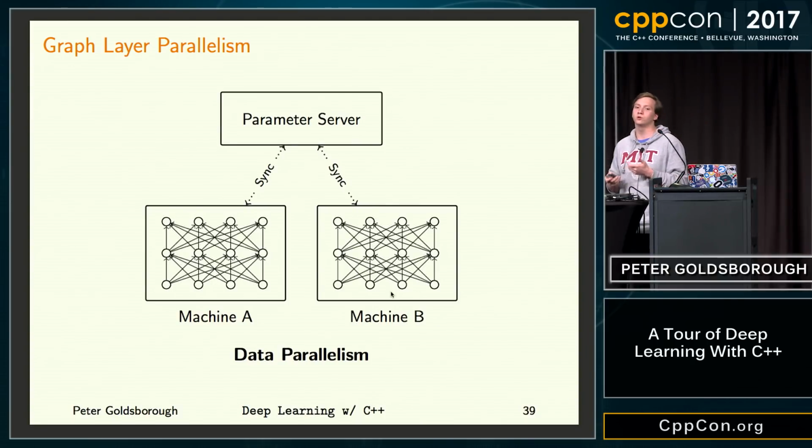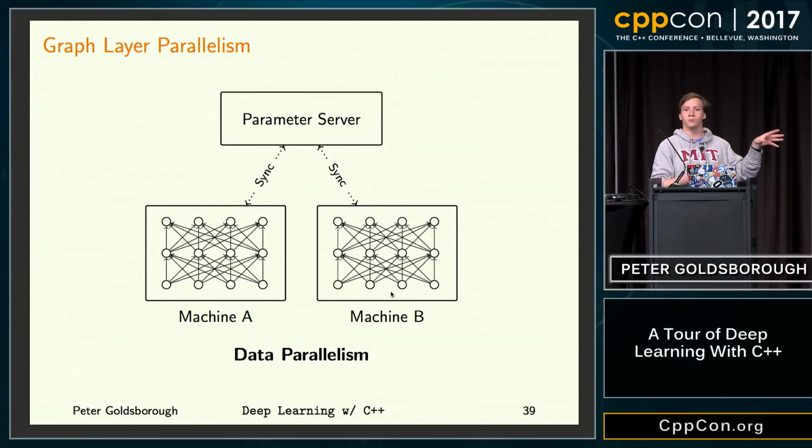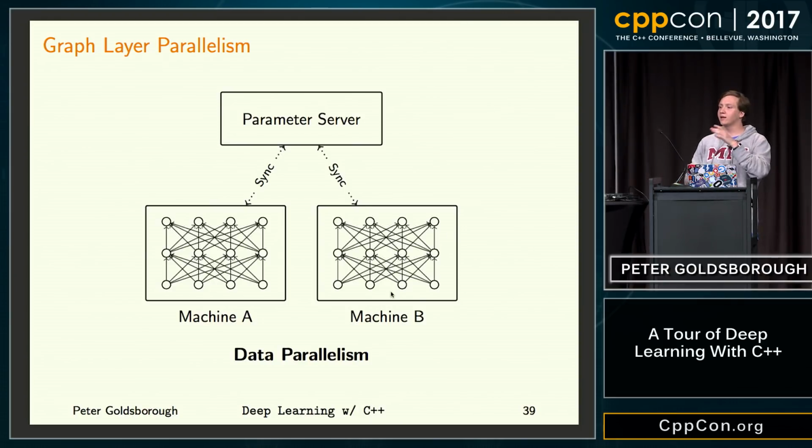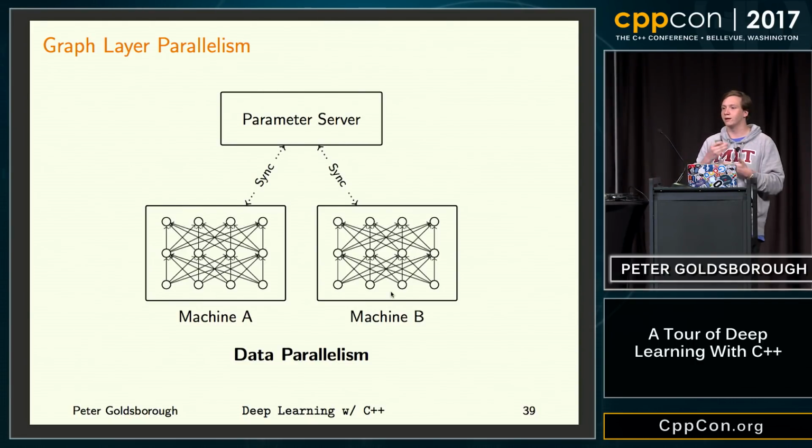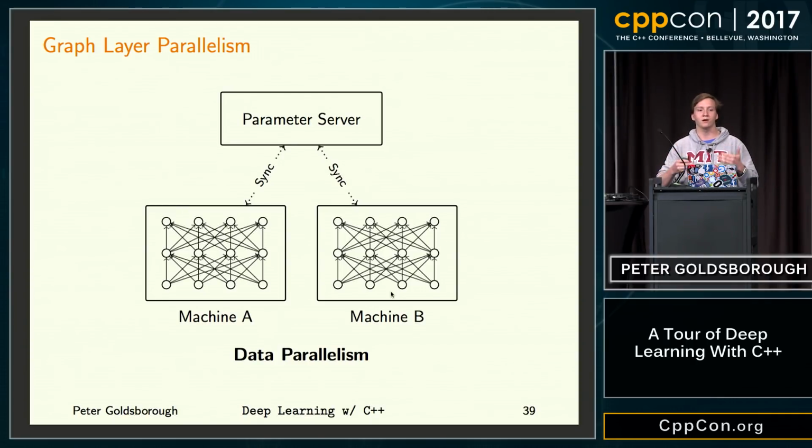What we do here is if we have multiple machines, we simply copy-paste our computation graph onto each machine, and then we split our input data into multiple subsets, and we simply evaluate the model for each subset on separate machines. Of course, at the end, when we have our optimization process and we need to pass back the feedback from the evaluation to the models, we need some kind of synchronization barrier. So we usually have a separate dedicated parameter server in our cluster, which would take the output of each model and do some kind of averaging and pass the feedback back to every single instance of the model on the various machines.